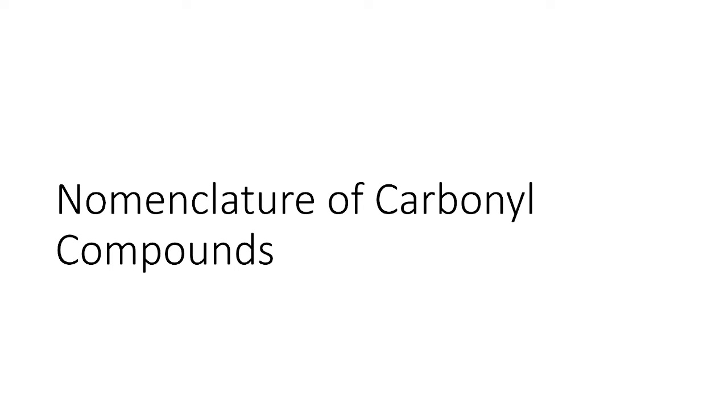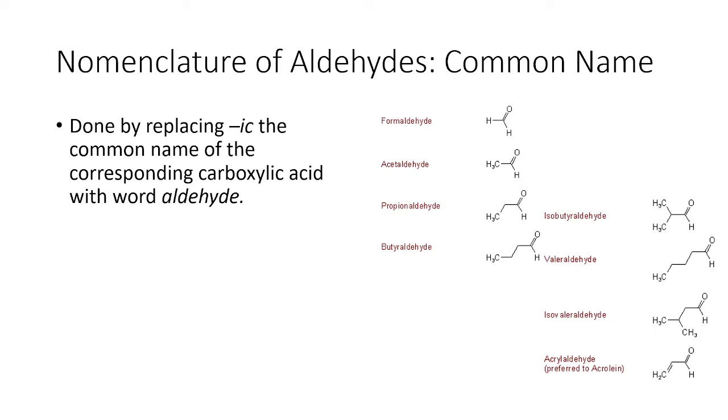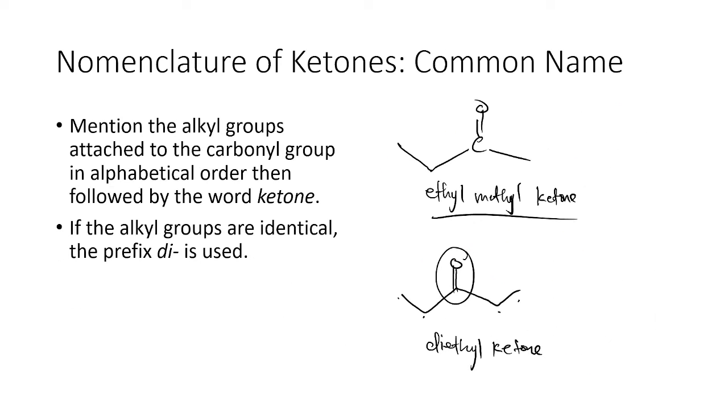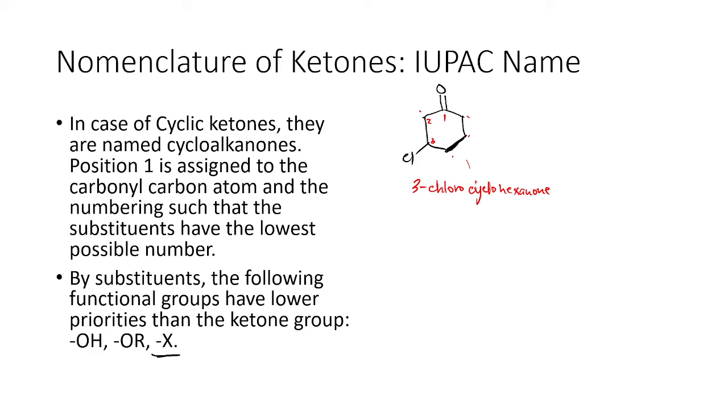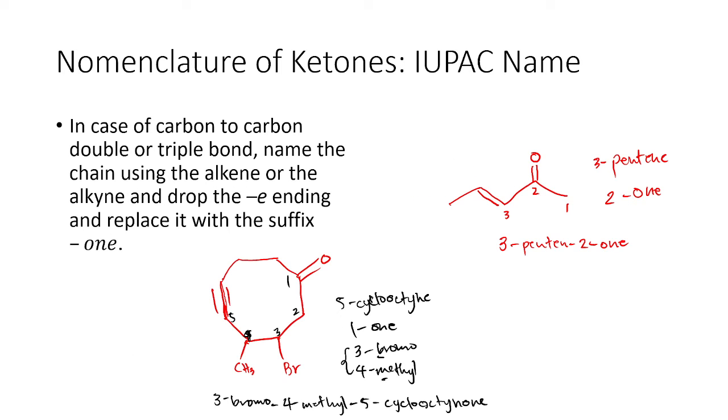In the last video, we focused our discussions on the nomenclature of carbonyl compounds, wherein we determined the IUPAC name and the common names of ketones and aldehydes, and we showed different examples and different ways on how we can name ketones